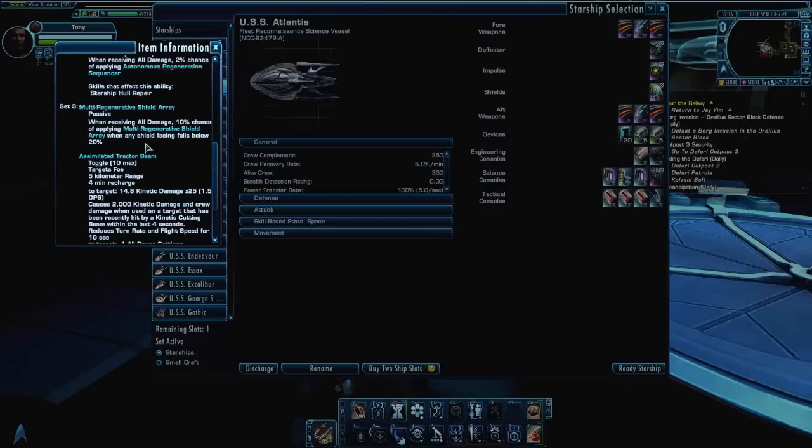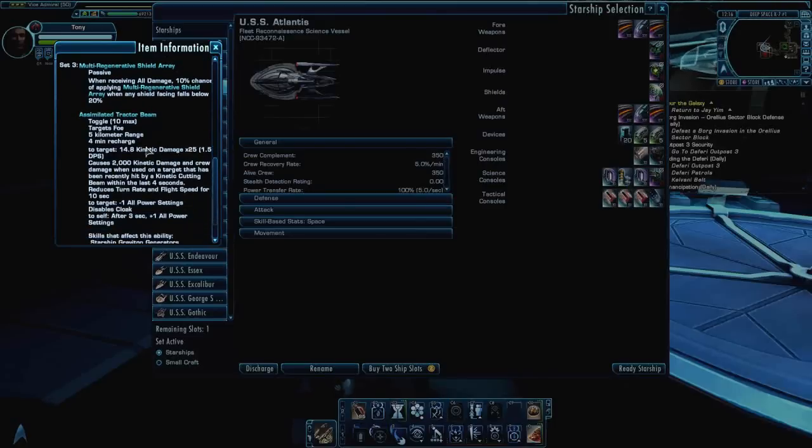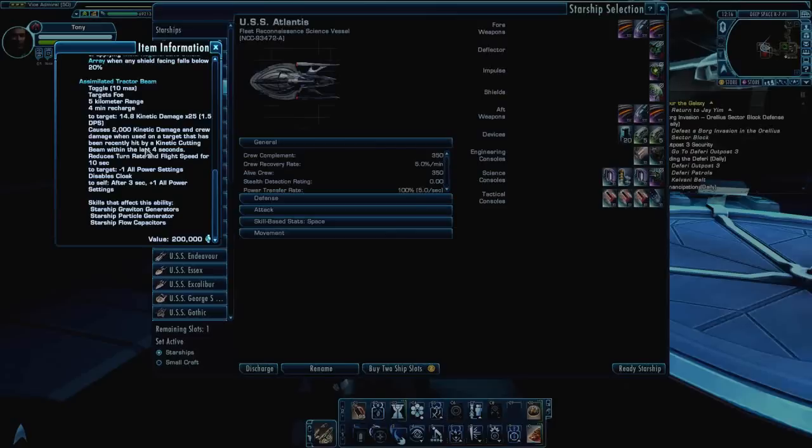Has a 10% chance of kicking in, and man, it's outstanding how it works. It really does do a great job. And the assimilated tractor beam,